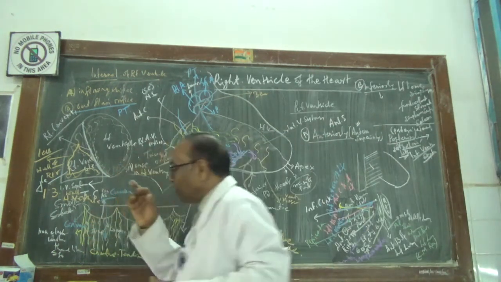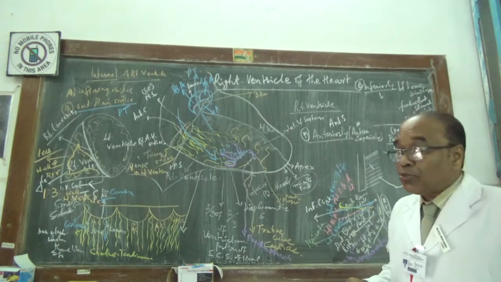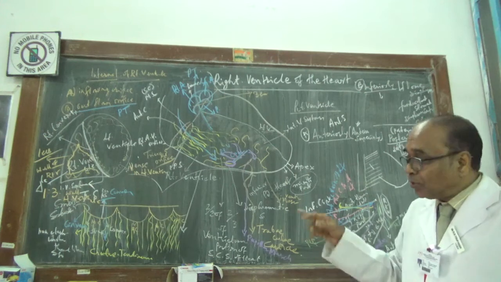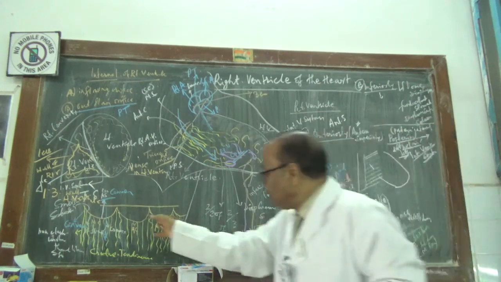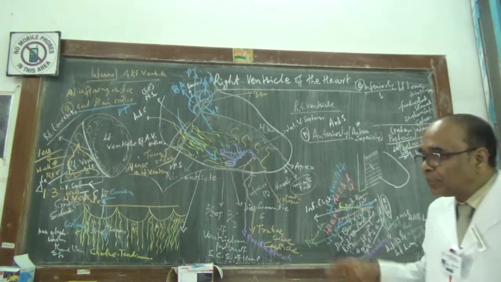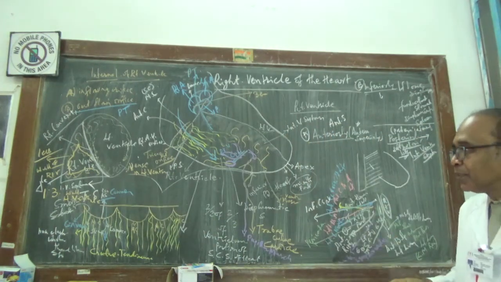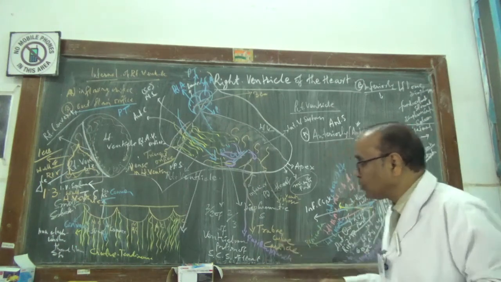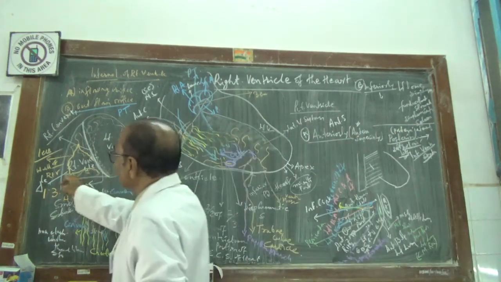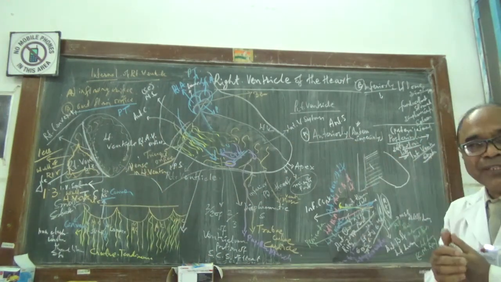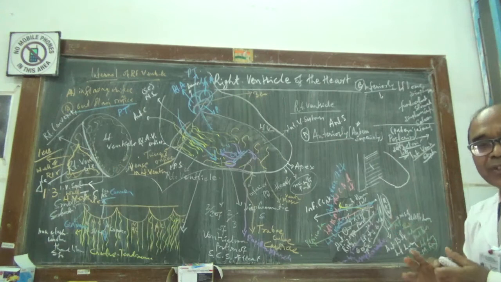Then at the same time, convex ventricular surface for the cusps are there. Then you have to have what? Those chordae tendineae you have to know, internal. Papillary muscles you should know. Trabeculae carneae you should know. When the trabeculae carneae gives the thickening of the wall of ventricle, compare that thing with the left.